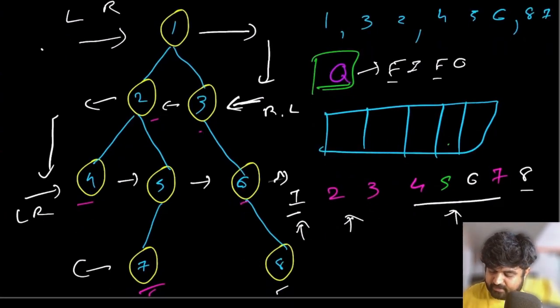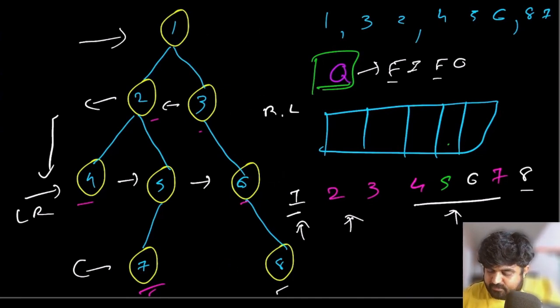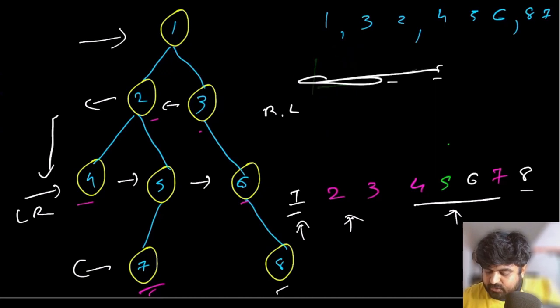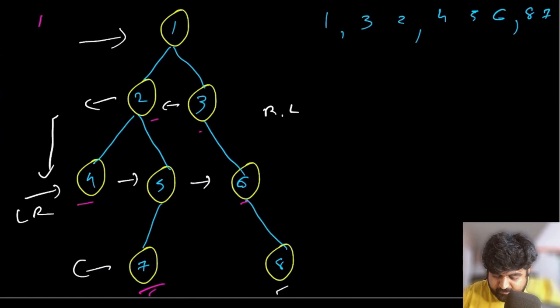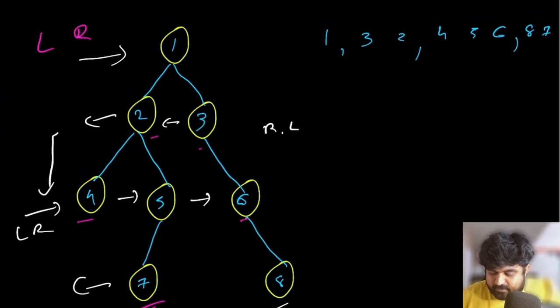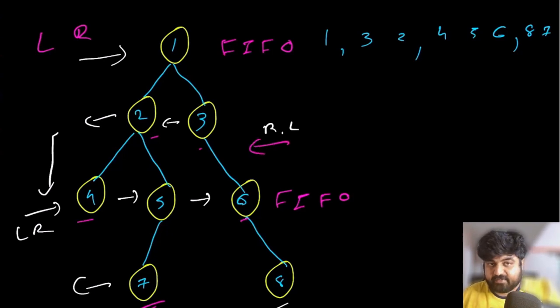So now let's see some of the adjustments we can make to make our life so much easier and fix this issue that we were having in the level order traversal. The solution is quite simple: whenever we have to go from left to right, we can use the concept of first in first out. So first in first out is going to be used on these 2 occasions, but when we need to move in the reverse order, or right to left, in this case we will have to use the concept of last in first out.